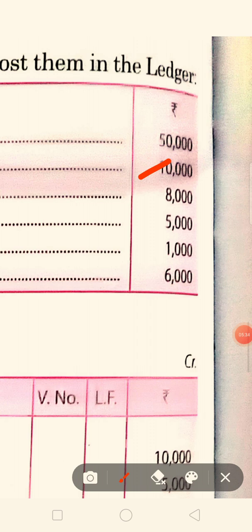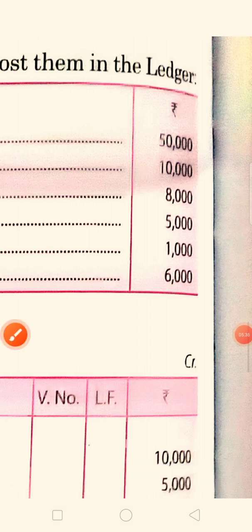So it means if we are purchasing the goods, what will be the cash flow? Cash will definitely go from the business. If we purchase goods, then cash will go. So it means we will write on the buy side, because the format is saying that if cash is received, we will write on the two side, the debit side. If cash is going, then we will write on the buy side, the credit side.